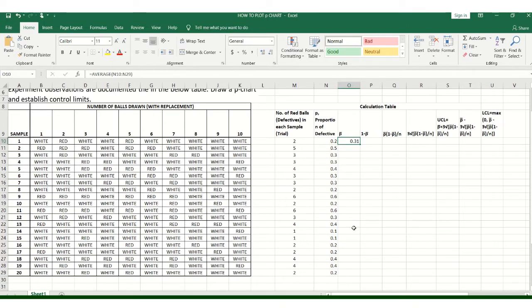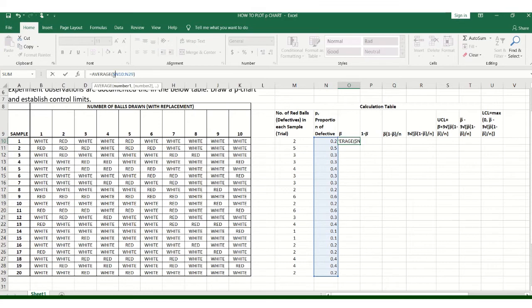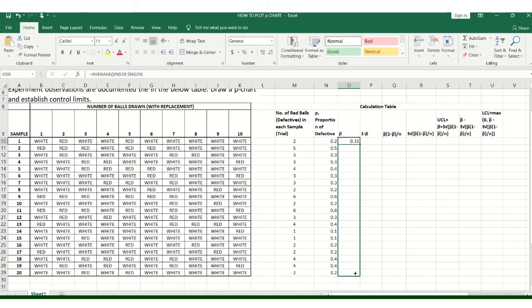If I have to drag it down, I have to make the reference absolute, so I put the dollar sign, so that when I drag it down it will remain unchanged. Now I can drag it down, and it will be the same. So this is the P dash, the central limit.